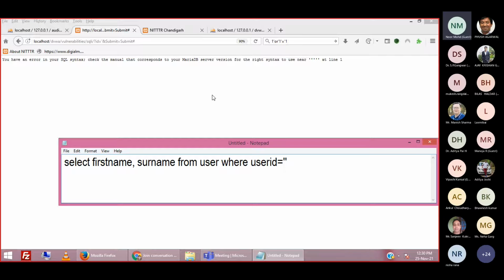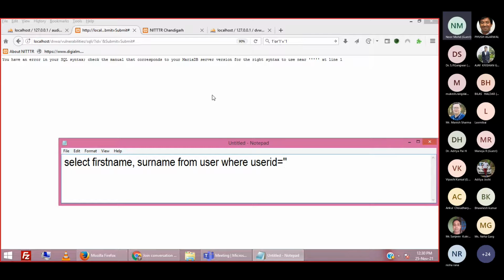So before putting this input into the SQL query, we should check the input. If the input contains any dangerous character, we should handle it properly. We should avoid it, right? This is the better way. This is popularly known as sanitization of input in hacking courses.